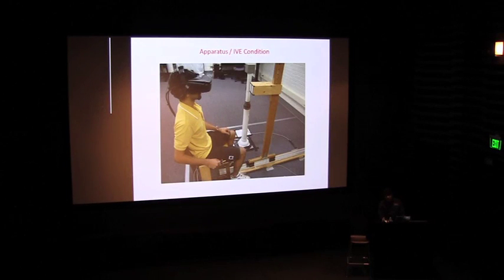So what did our apparatus look like? We constructed an apparatus. Most of it was made out of wood because we used an electromagnetic tracking system. And so we had a participant in a head-mounted display. This is my graduate student, Manan, wearing a head-mounted display, viewing a target. The target is actually this right here. This is the target face. And that's the target to which they're judging their perceived distances.